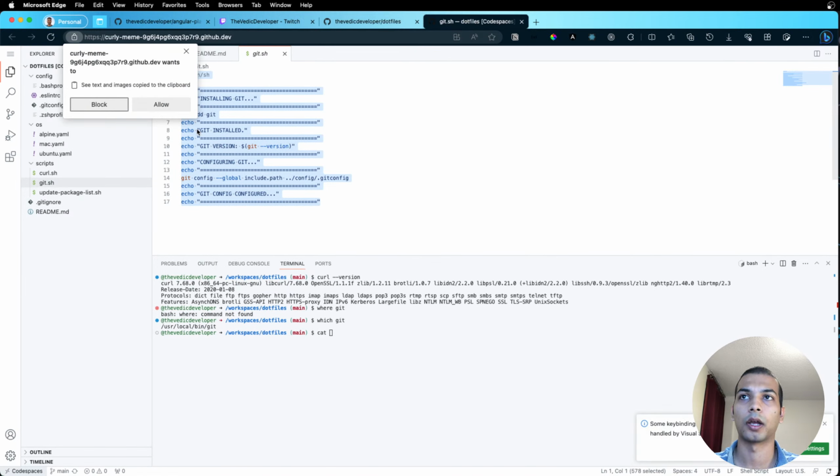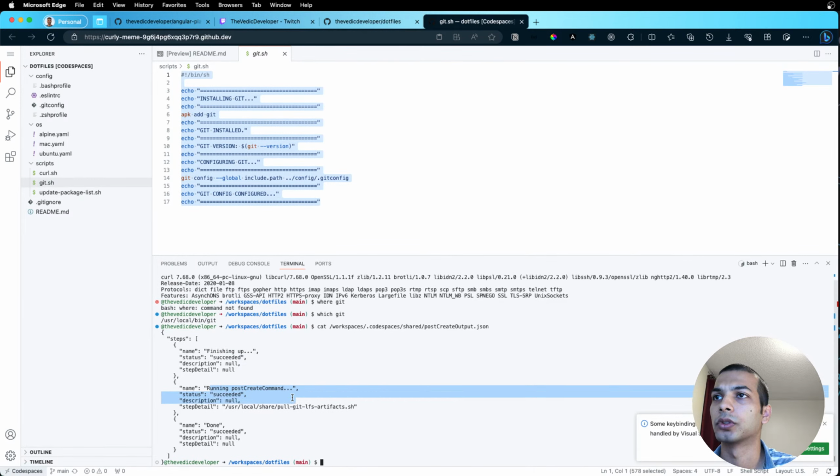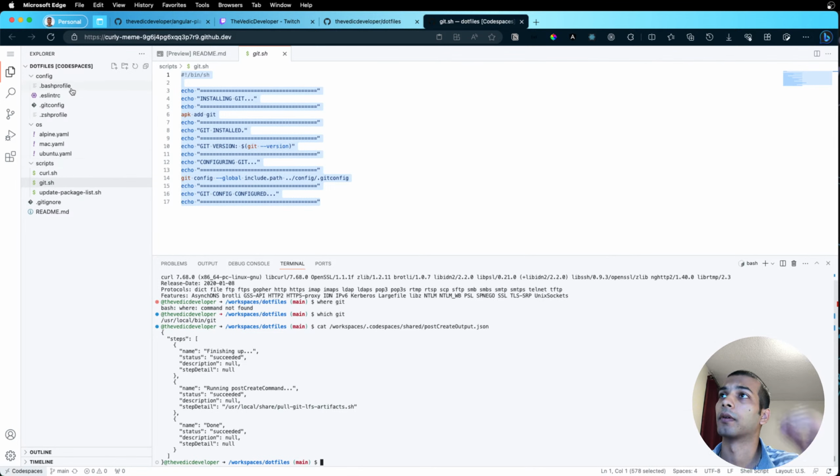cat allow. Finish running post create command, pull git lfs artifact sh. From where it's coming, I'm not sure, because we don't have any